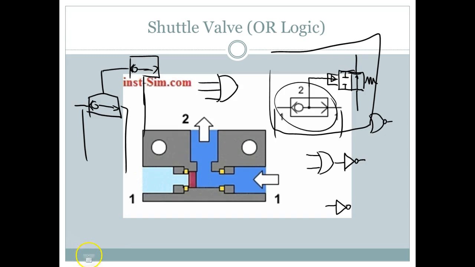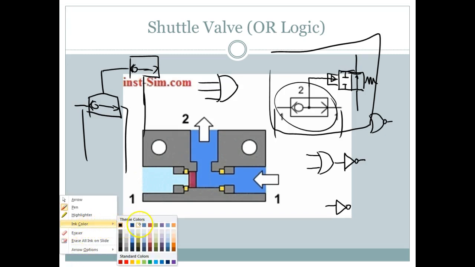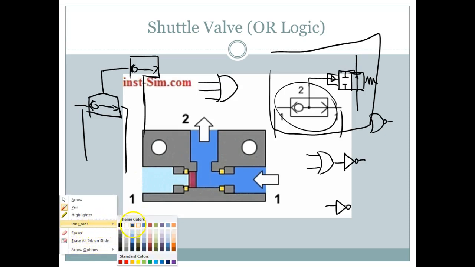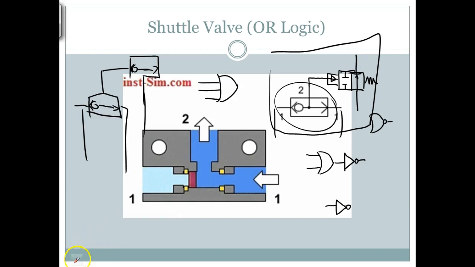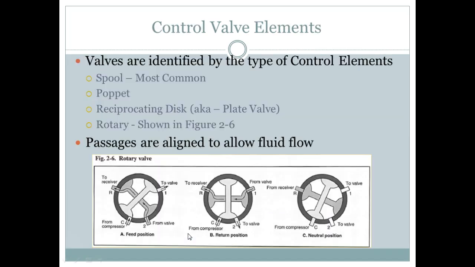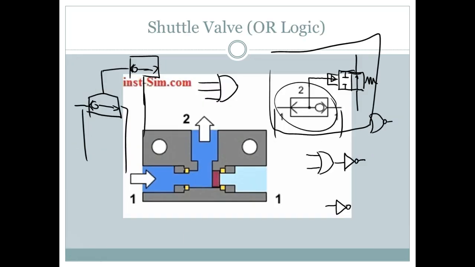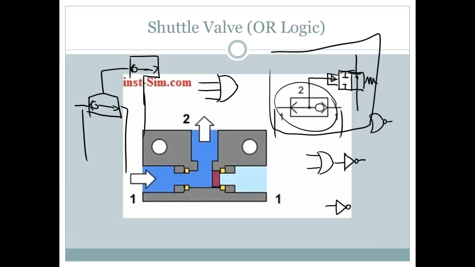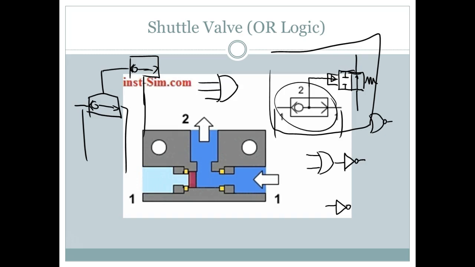So how would we do AND? Can't do AND with this guy. So we got another valve that's part of our kit called a dual pressure valve. Let me bring it up. It's not in the PowerPoint slide, guys, but we got it in our unit over there. And I don't even think the book covers the shuttle valve. In this animation that I got off the internet somewhere,